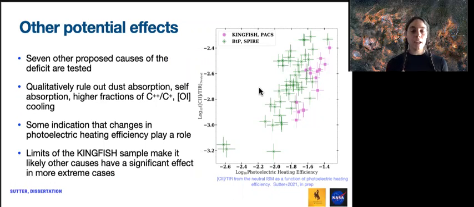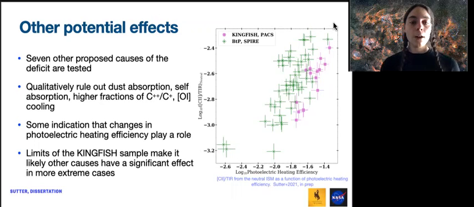And with this kind of analysis, I'm able to pretty much qualitatively rule out the effects of dust absorption, self-absorption of the C+ line, higher fractions of doubly ionized carbon, as well as O I becoming the predominant cooling line in my regions. The one thing we see that is semi-interesting is that when we look at the C+ to TIR for the neutral phases, so those PDR measurements, and we plot that versus the photoelectric heating efficiency in our galaxy, there's a pretty clear trend